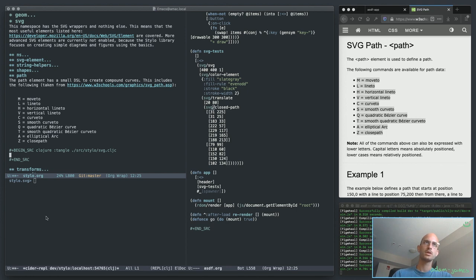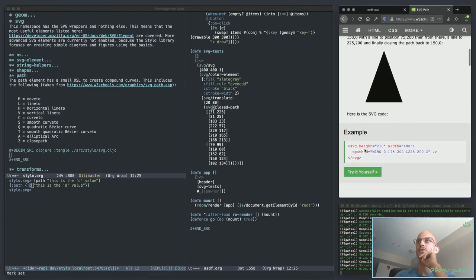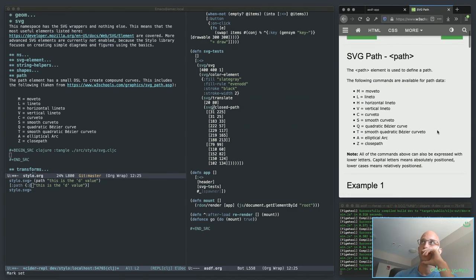Right, so I have the generic path function, which takes a string that gets put into the key D here, which is the property name to produce, right? Path D equals this string, which gets parsed by the path element there. So what I could actually do is make, I'm not going to do this because I'm not sure that it's intuitive, but I could theoretically make just a